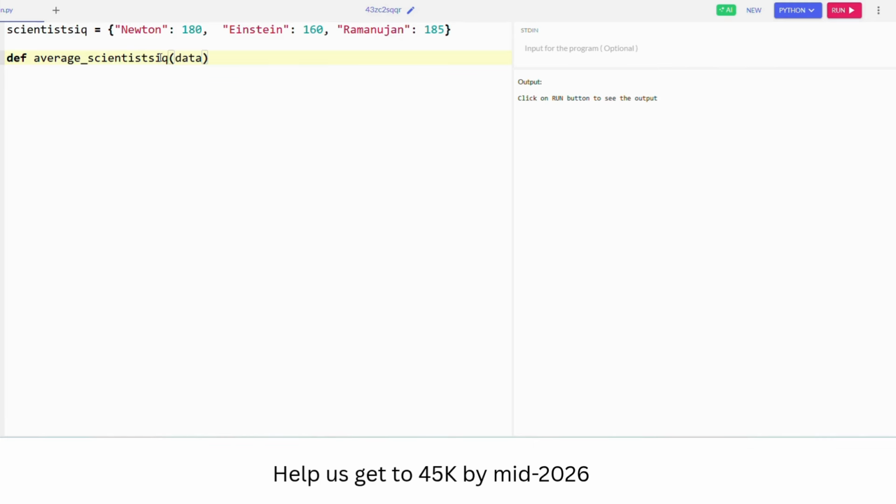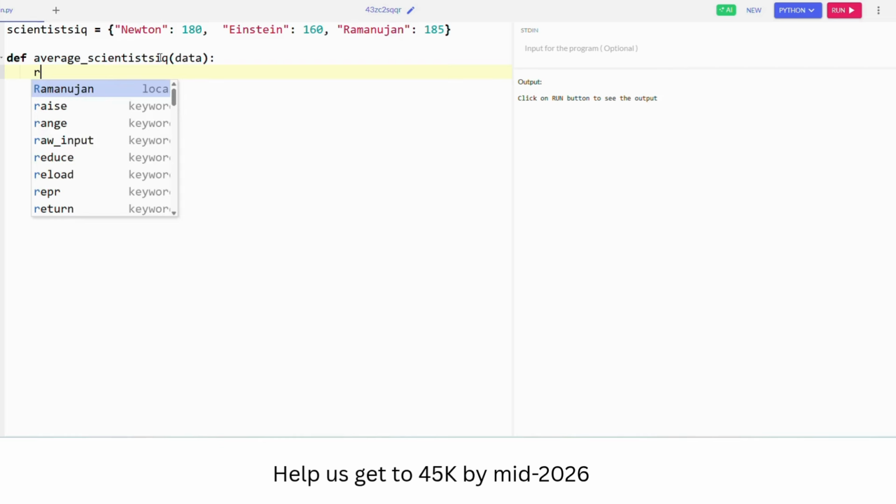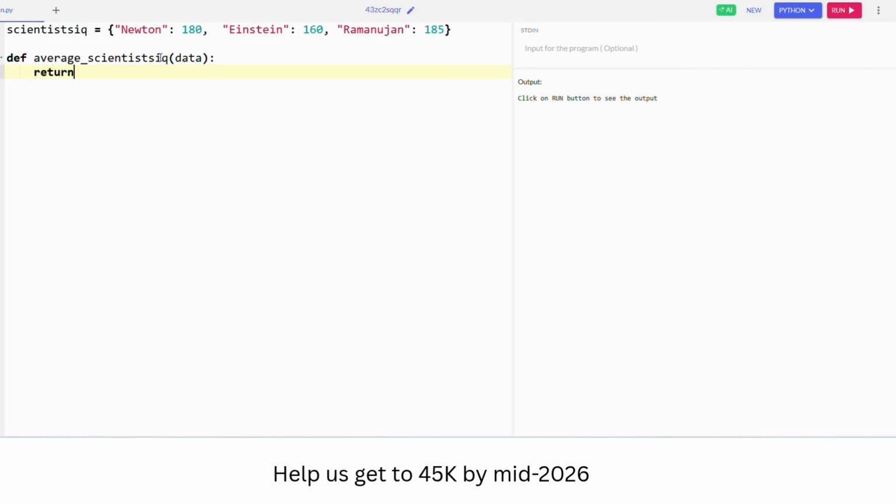Now we're gonna put the data and put that colon, and we're gonna put a tab, and then we're gonna put return